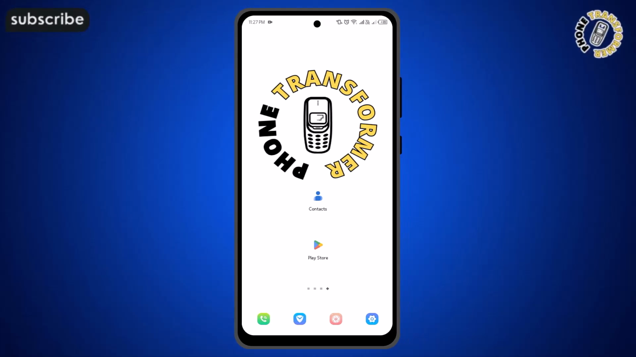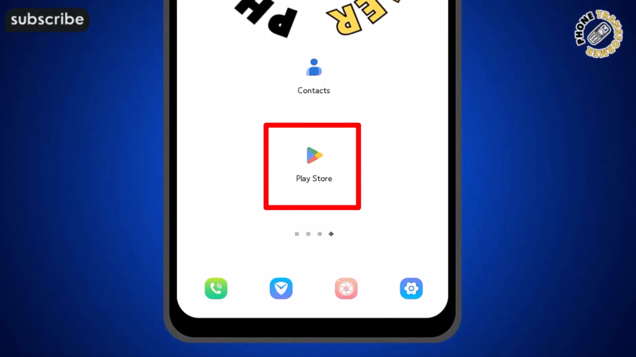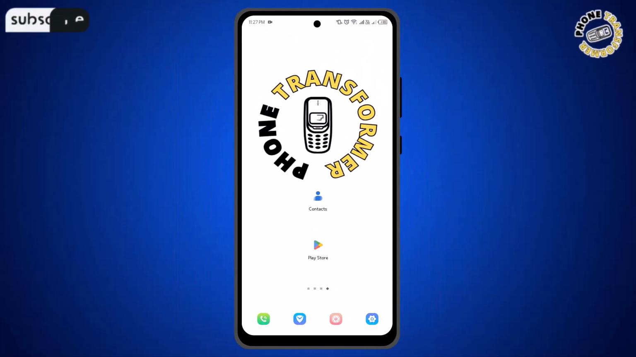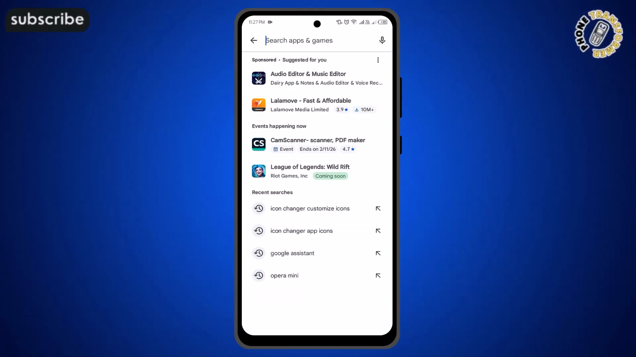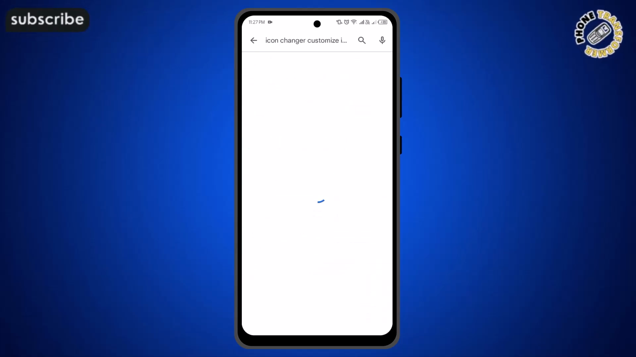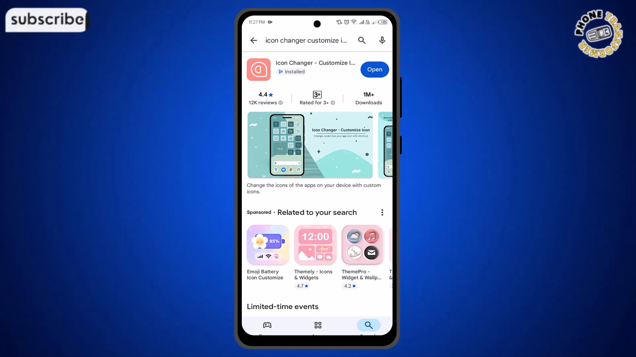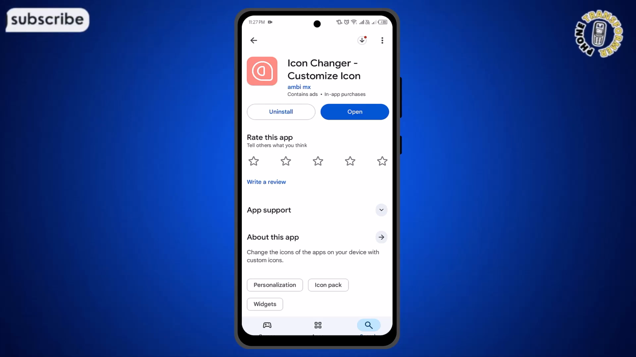Step 1. Open the Play Store from your home screen to access the massive library of tools available for your device. Step 2. Search for the app named Icon Changer Customize Icon in the search bar and download it to your phone. This specific application is important because it provides the necessary software to swap out standard graphics for more